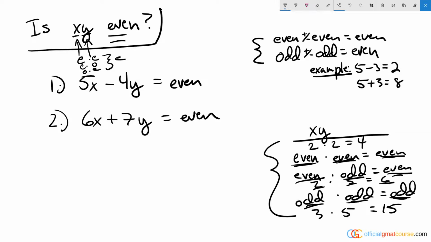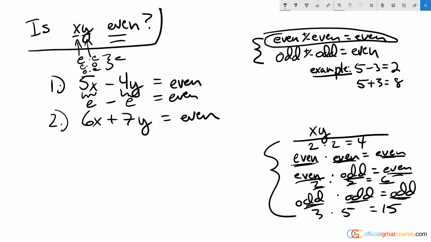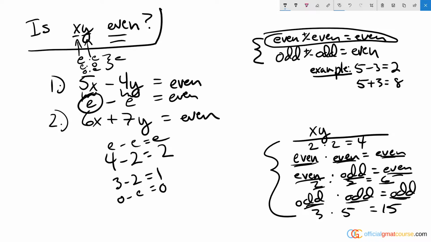Statement 1 says 5x minus 4y is even. Well, 4y is always going to be even because an even times anything gives us an even. Now 5x has to be even because in order for us to get an even number as an answer, which we're told that we do, we have to have even plus or minus even to get an even answer out. So even minus even, 4 minus 2 equals 2, 3 minus 2 equals 1. So odd minus even equals odd, even minus even equals even, which guarantees that 5x has to be even,